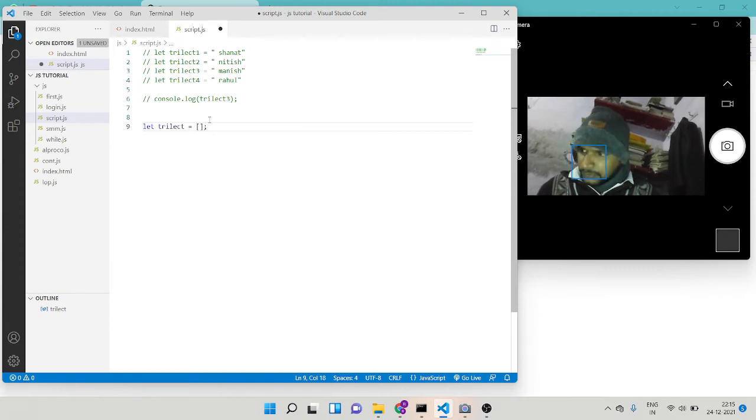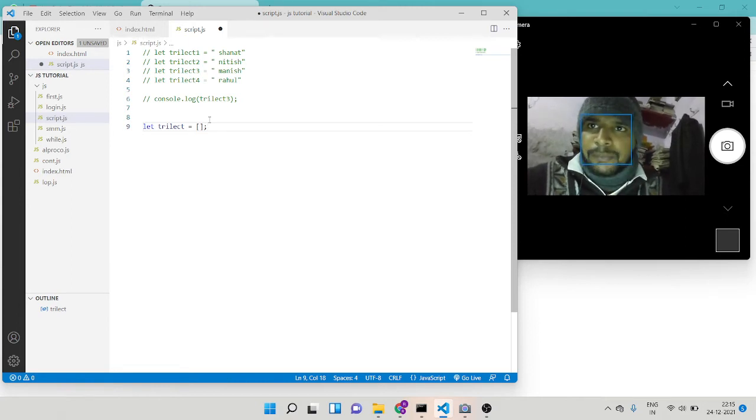Now here we can store multiple subjects, and we have to store the four values in one array. So it's called the array.